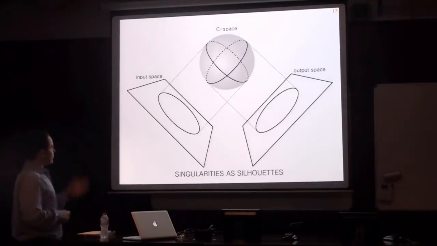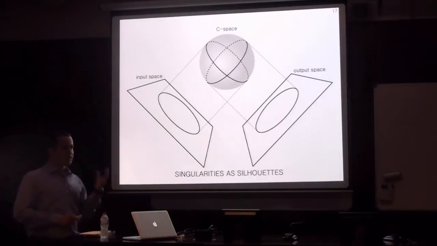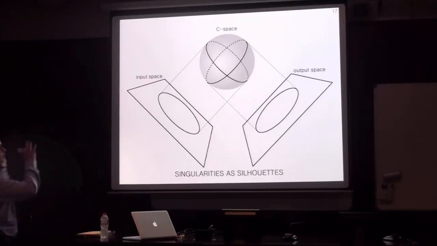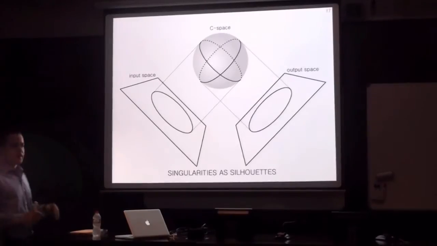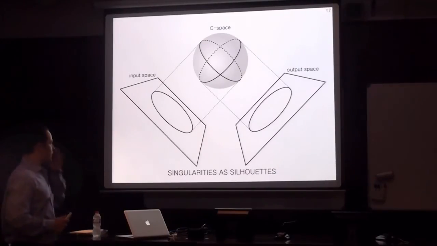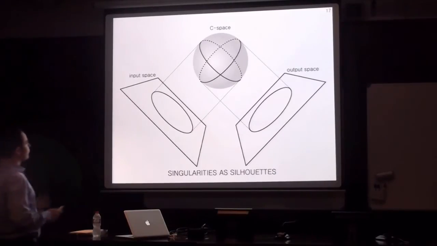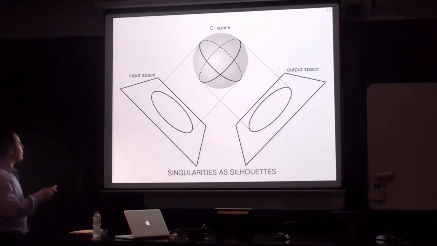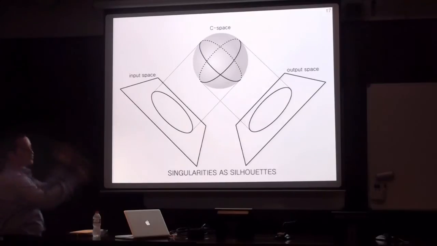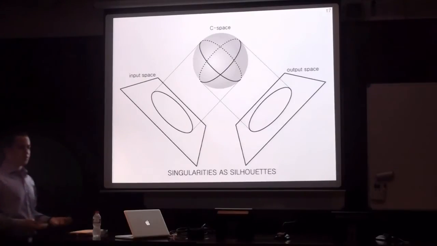Finally, note that the singularities can be seen as silhouettes of the configuration space relative to the projections to the input and to the output spaces. And this provides a powerful geometric image to understand the singularities. In this thesis, we provide methods to compute these singularities. And we will see that the projections to the input and output spaces provide much information on the motion capabilities